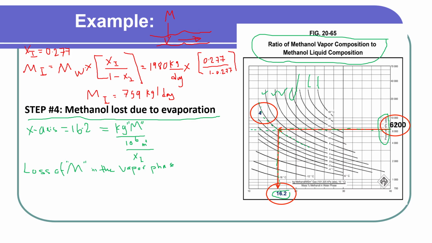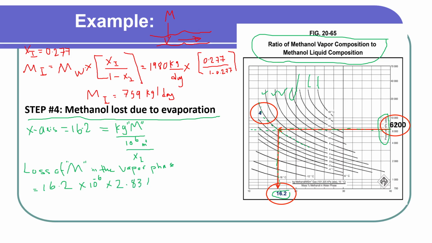We already know the pressure and the temperature, and we found the ratio. Therefore, the loss of the methanol in the vapor phase will be equal to 16.2 multiplied by 10 to the power minus 6. And why minus 6? Because it's per 1 million standard meter cube, multiplied by how much gas we process every day,